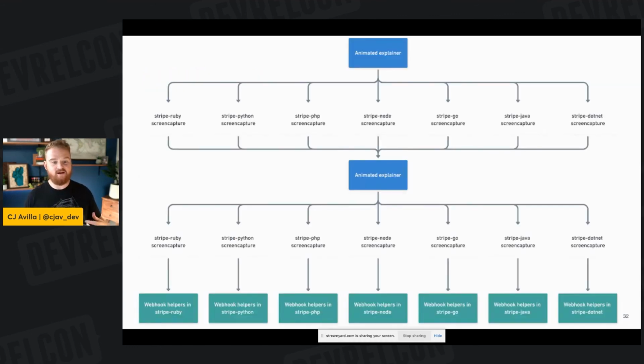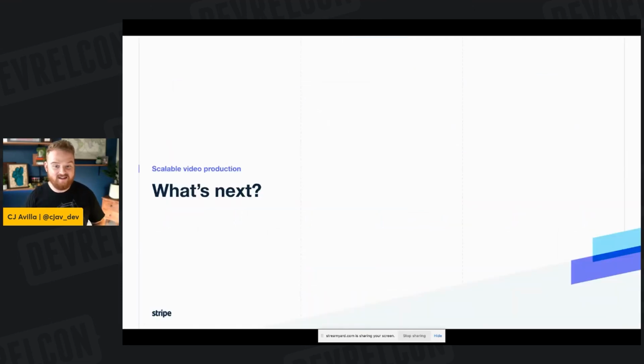The key to this entire thing is that you'll build your motion graphics just one time. That's these blue boxes, and that's where you're going to invest most of your time. Then for each language, you'll have the code walkthrough, and you can splice them all together so that you can spit out a video that has motion graphic plus code, motion graphic plus code, in 7 different languages. We found this to be really, really effective for building video in a scalable way that really meets developers where they are.